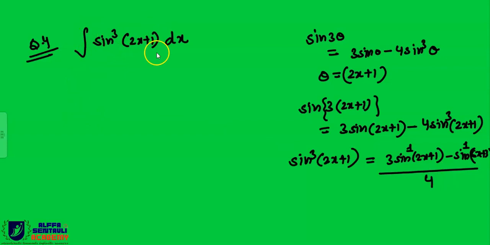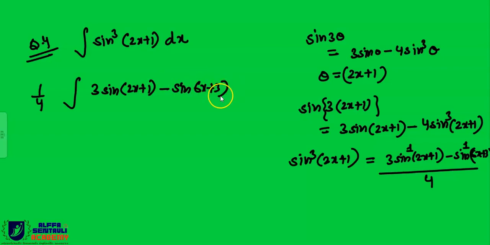So let us replace this complete term with this term. We can take this 1 by 4 outside because it is a constant. So this is nothing but (1/4) times [3 sin(2x plus 1) minus sin(6x plus 3)], correct? Now beta, you can solve this question on your own. Yes. Now you can easily integrate and solve these questions, correct? So what was the catch in this question? Again beta, we have to replace this multi-power with a single power, right?